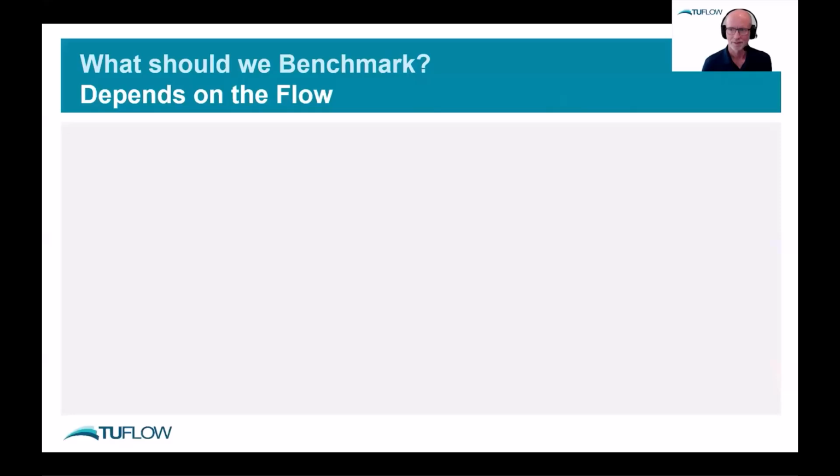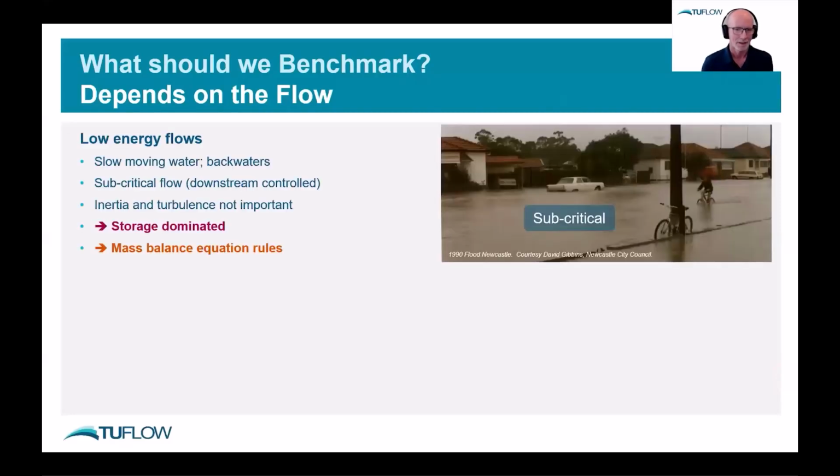So just to try and graphically illustrate what I'm saying here, if you're trying to model that picture on the right there, the flows are moving slowly, you can ride a bike through them, it's not particularly rapid movement. We call that low energy flows. So your kinetic energy, your V squared on 2g, is very small or zero. And in those areas, you'll have subcritical flow,